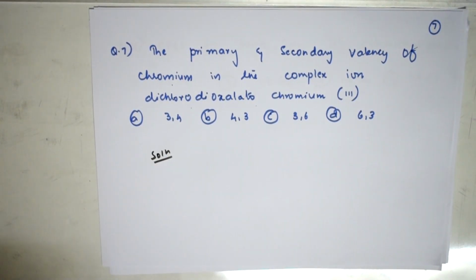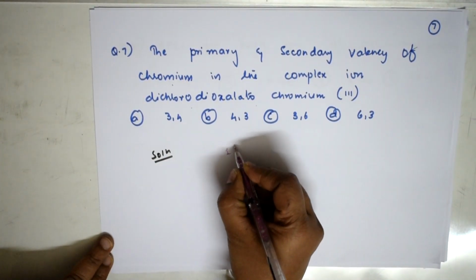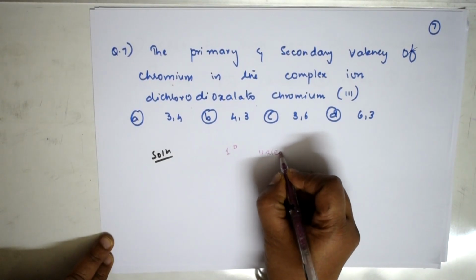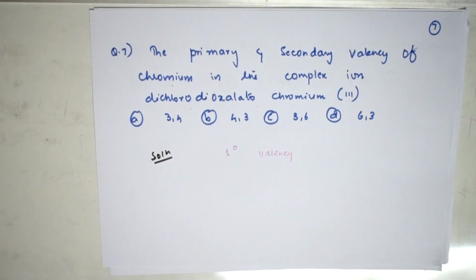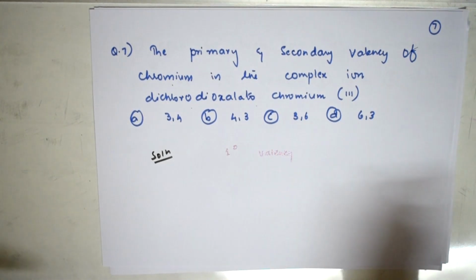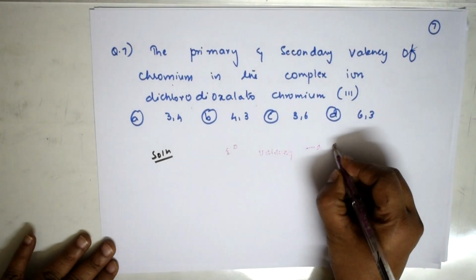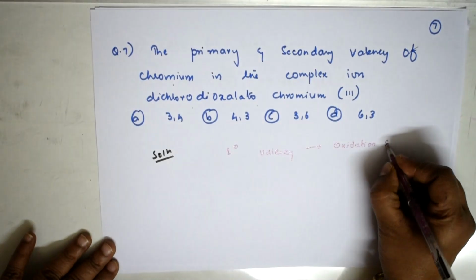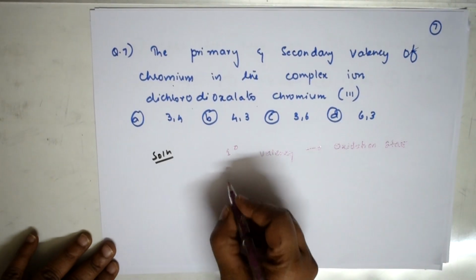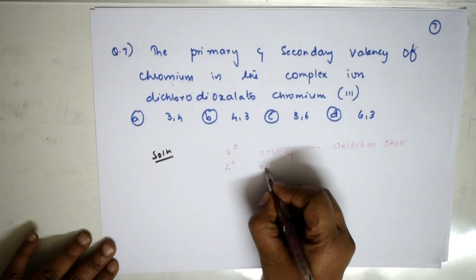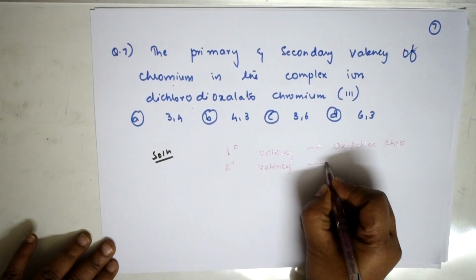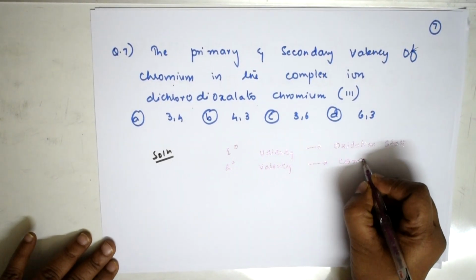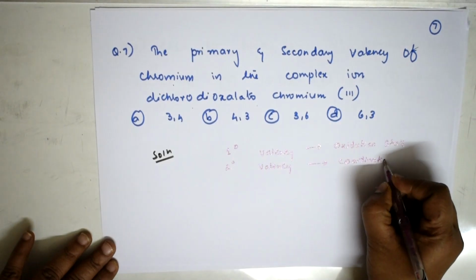We very well know, according to Werner's theory, we have two types of valencies, isn't it? So, please watch the video for Werner's theory, which I did. You will understand clearly the concept, right? Here primary valency, always it denotes which state? It denotes the oxidation state, correct? Done. Now the secondary valency, it always denotes which one? It denotes the coordination number. This is what we know, correct? So, coordination number.